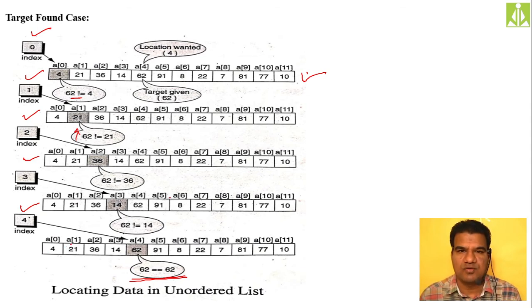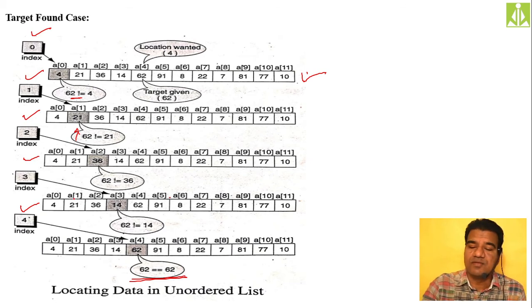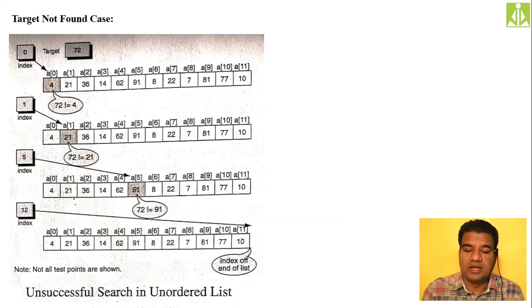So in this way we perform the linear sequential search. Linearly, sequentially, we have to do the comparison of all the elements present in the list from left to right. From the left side we have to start, and towards the right we have to proceed, and we have to compare every element until either you find the element or the end of the list is reached. If you find the element, you have to print the positive response, and if the end of the list is reached and still you didn't find the element, you have to give a negative response.